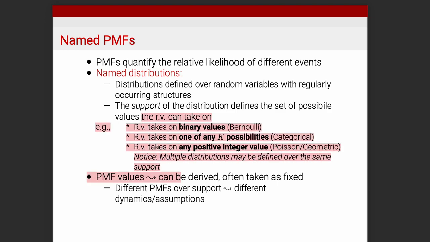So the key insight here is that there are certain named distributions, and they're named because they commonly are used to describe the uncertainty over certain kinds of random variables, where those random variables have a certain property with respect to the support that those values can take on. So in other words, is it binary? Is it defined over any number between 0 and k or 1 and k? Is it a positive integer? That's the support, and then the uncertainty quantification comes in through the distribution. So is it a binomial, or is it Poisson or geometric or whatever it is, defines the exact structure for the uncertainty over the random variable.